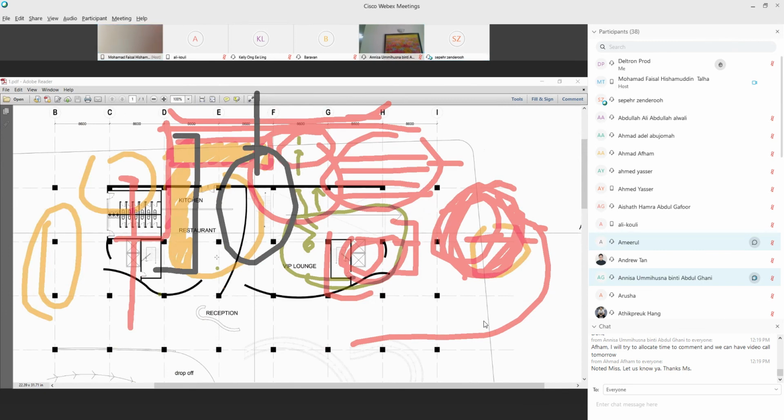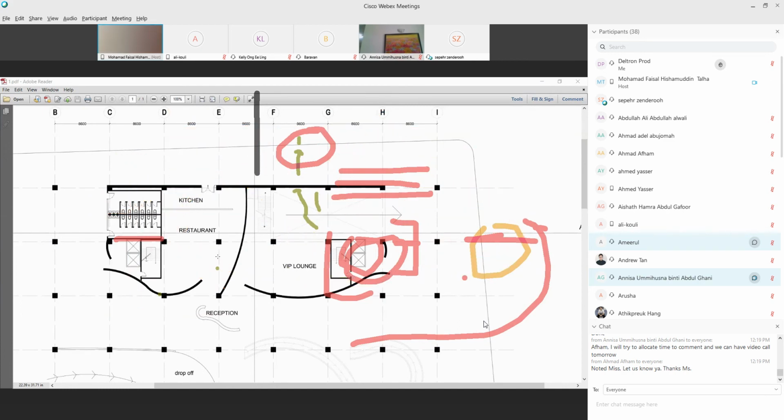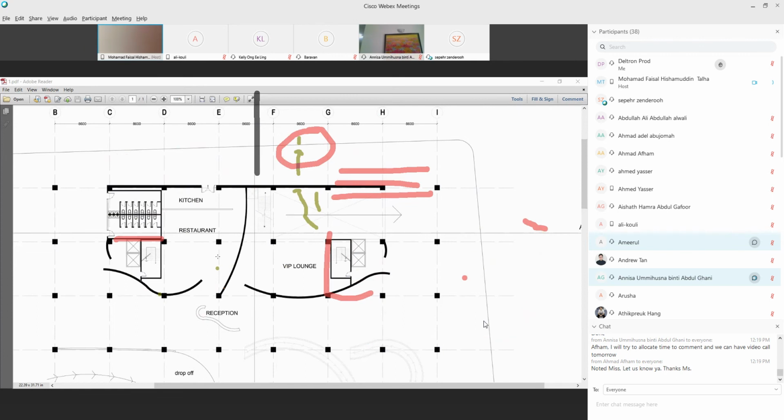This lobby should be for somebody else, for the management, for the staff. You do that, you can zone your building into 2 sections. So this one is all public. This one is private.